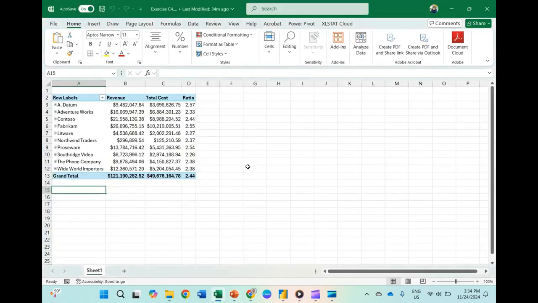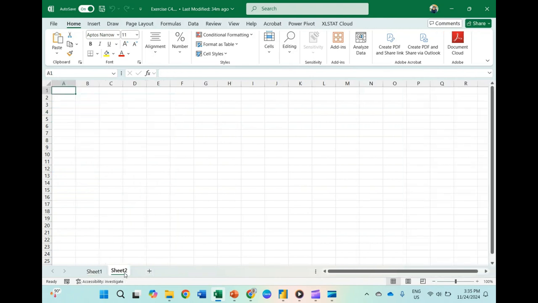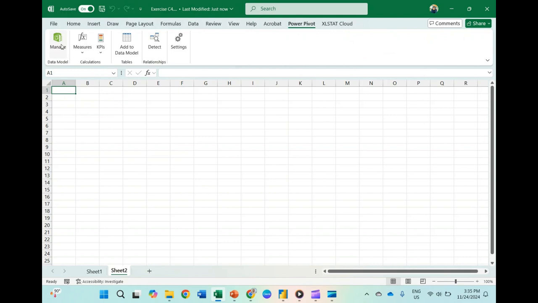So now go to our previous file, the same file that we created DAX in previously. Let's say I want to put it in a new worksheet. Go to Power Pivot, and then you can create a new measure here, or you can go to data, to Power Pivot.